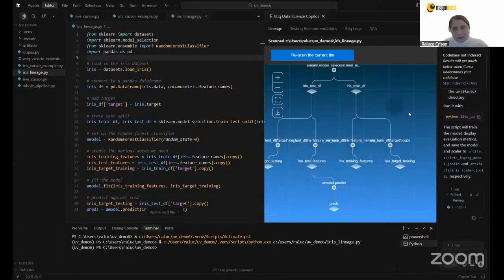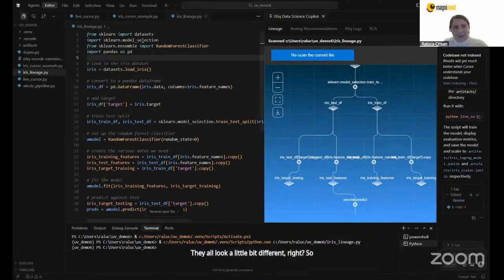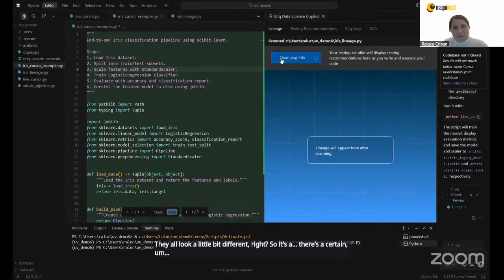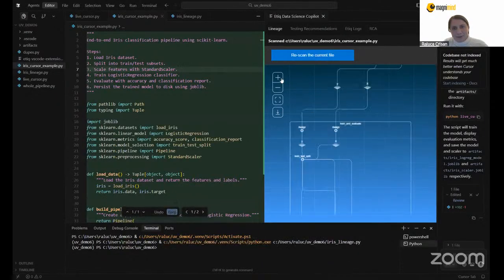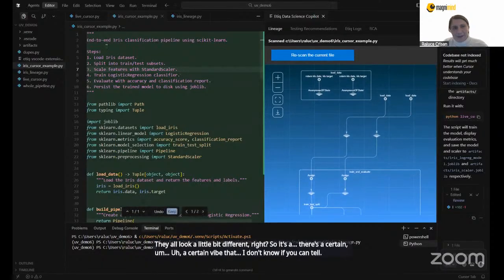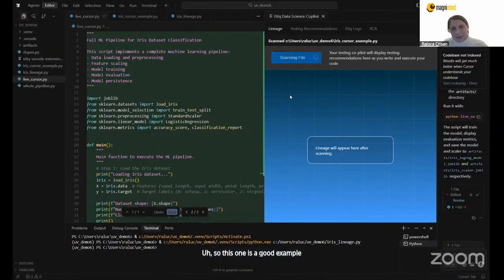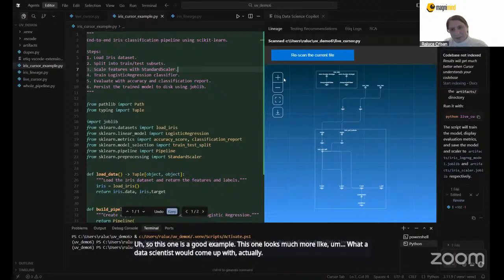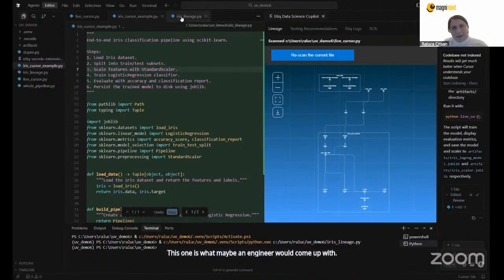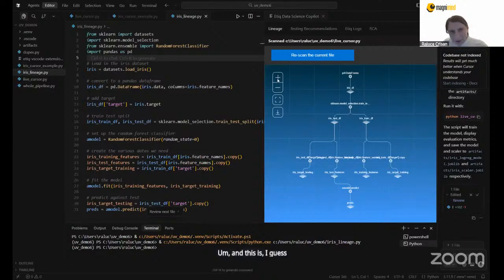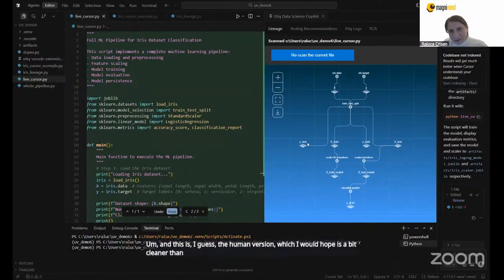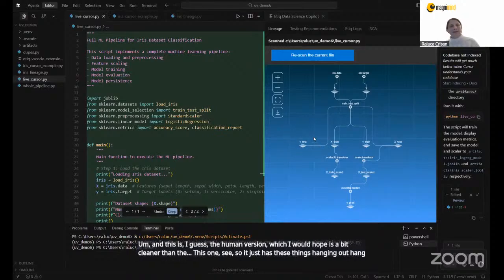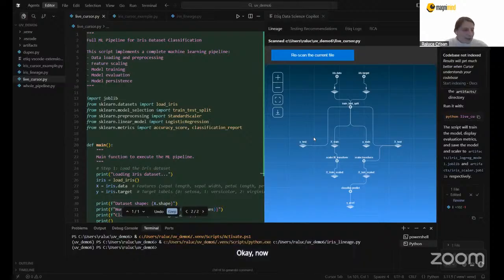So you see, they all look a little bit different, right? So there's a certain vibe that I don't know if you can tell. So this one is a good example. This one looks much more like what a data scientist would come up with, actually. This one is what maybe an engineer would come up with. And this is, I guess, the human version, which I would hope is a bit cleaner than this one. See, it just has these things hanging out, which I'm not sure why. Okay. Now, this was a quick example, and my point was,